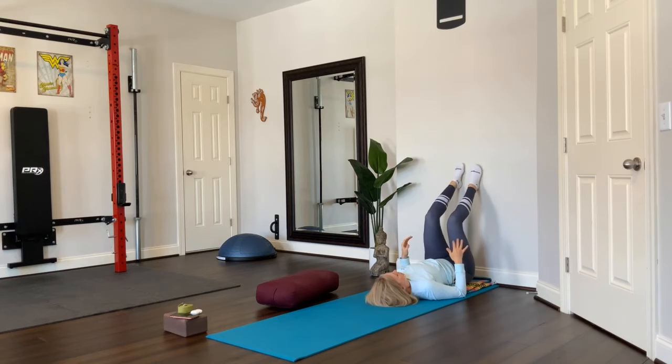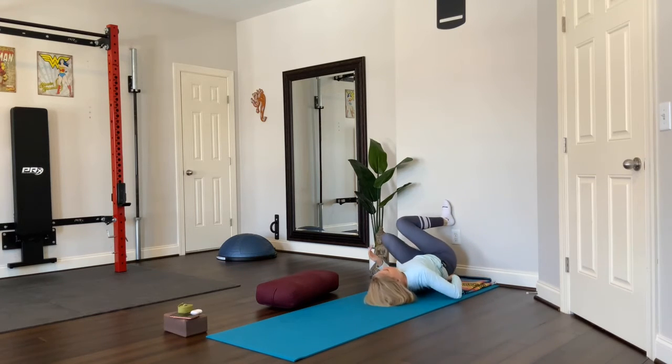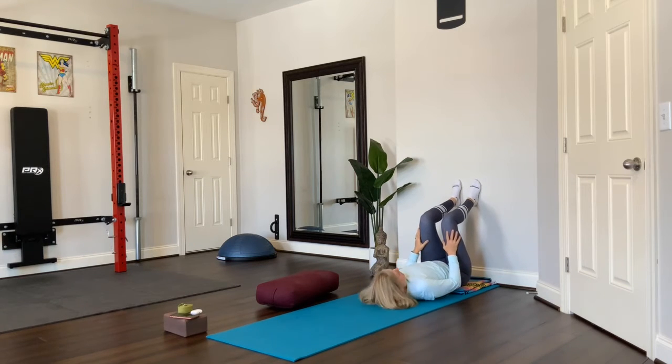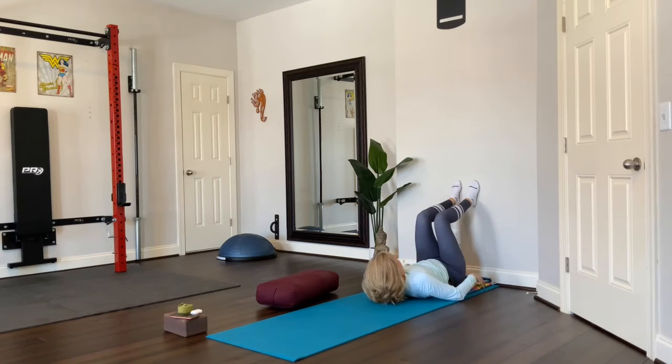So you can bring your knees 90 degrees like that. I'm still a little bit too close, so I'm going to wobble back a little bit more and bring my knees 90 degrees like this. Knees over hips, right? Make sure if you're off your blanket, you can move it underneath for